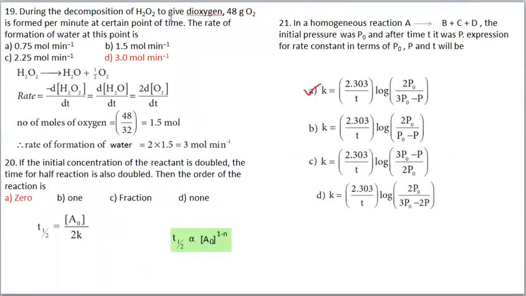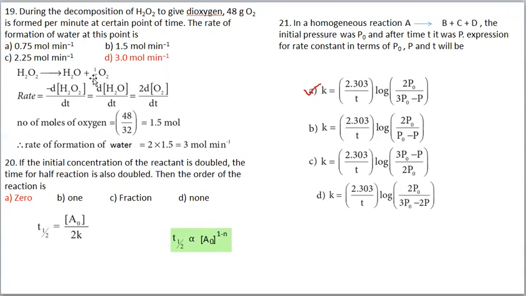During the decomposition of hydrogen peroxide to give dioxygen, 48 grams of oxygen is formed per minute. At a certain point of time, what is the rate of formation of water? How to find out? The decomposition equation is H2O2 gives H2O plus O2. Then how to write the rate? From hydrogen peroxide we can write minus d[H2O2]/dt